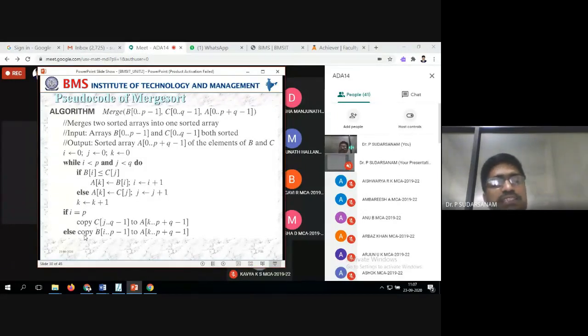Next, if i is equal to p, copy these values. Once everything is finished, copy the remaining values of C from j to q minus 1 to A from k, and then copy the B array to the A array. What we have done is taken one loop itself: for i equals 0, i less than k, i plus plus, A of i equals C of i.